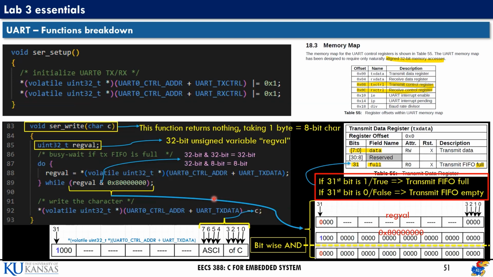fill some data in the data field, the 31st bit is going to be 1 as the data is full. We are ready to transmit the data. So this is the whole operation of how serial write is working. I hope you understand, and